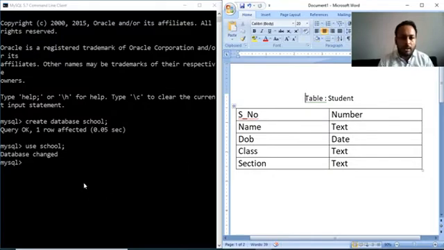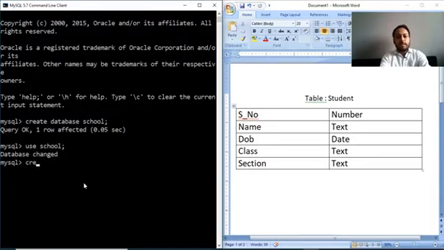Okay, let's start. The first command is create table and the name of the table, like student. Then press enter. You can continue in one line also. Start the parenthesis, then write the name of the column, s underscore number, space, then its data type. The data type is number, so in place of number we can take integer. Each column is separated by commas.